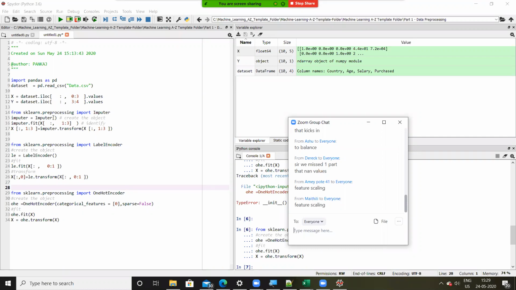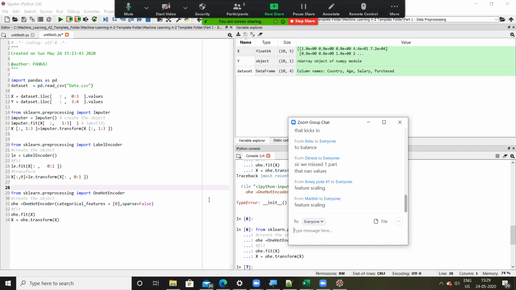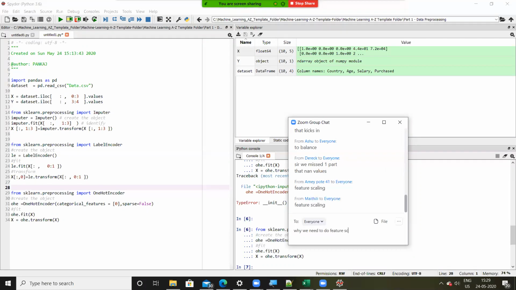Perfect. All right. Next step, yes, rightly pointed out by Amma and Maithili. Next is feature scaling. So let us quickly perform the feature scaling. Why we need to do feature scaling? Anyone? To bring it to same unit.